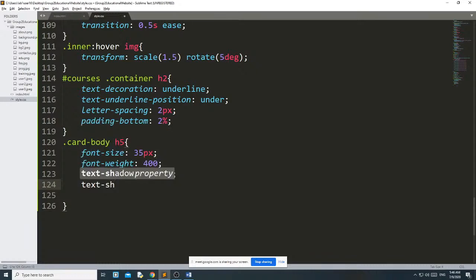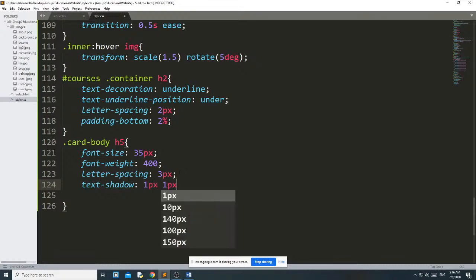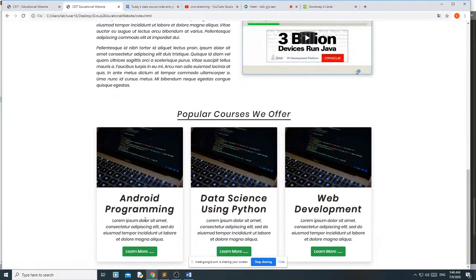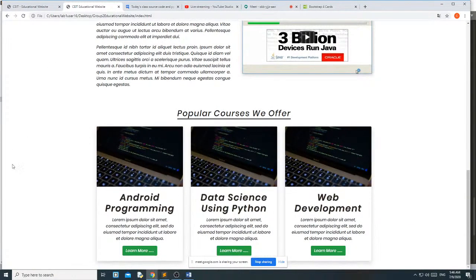Text shadow. Then what shadow do I want? 1 pixel, 1 pixel, 2 pixel black. Okay, directly here I am writing black. You can also use a linear gradient if you want to give a different type of shadow. See, you will get some shadow effect. Okay, then